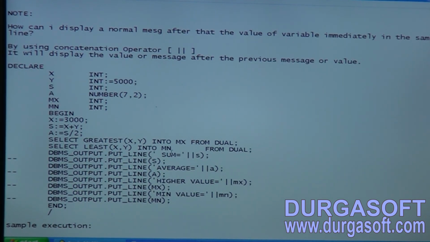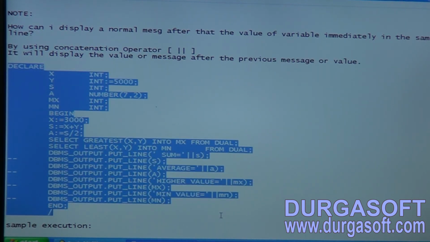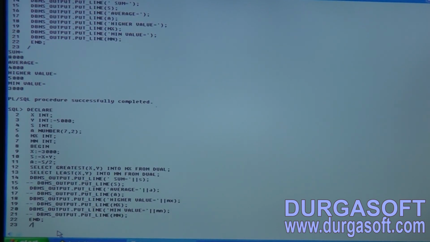See here I am using the concatenation operator, and I have commented some lines. Don't worry about these, they are not going to be compiled and executed. Now you will get an output like this.